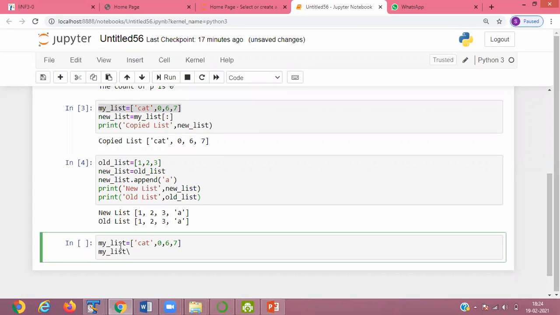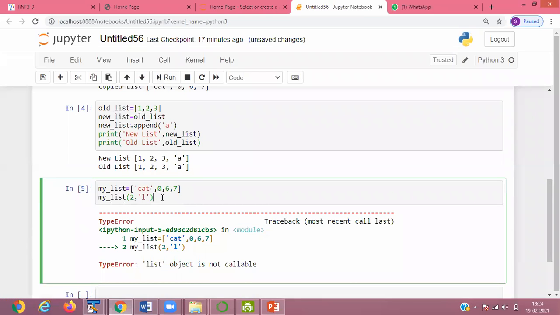Suppose I want to add the element at 3 position. I want to add L. 0, 1, 2, 3. Suppose 2 position. In 2 position,